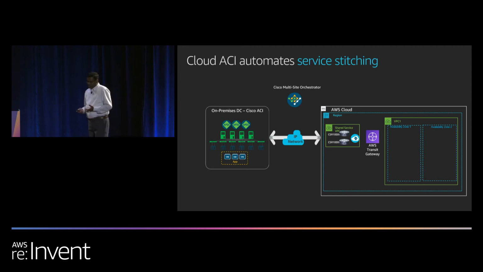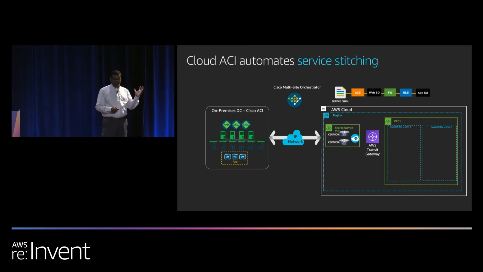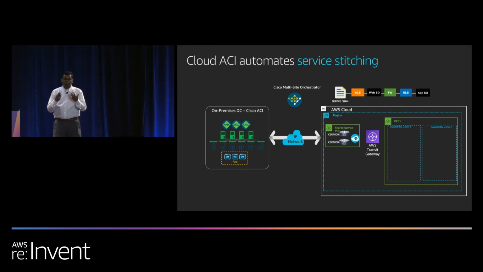So in the services case, we already did deliver an ACI from day one, with 65+ ecosystem partners. We have worked with almost all the top partners in the world. How we did it is we just create a service graph or service chain intent. You tell us what your intent is that you want to build. I want a front end with a load balancer, then I want a back end, and in between I want a firewall. You define the intent, and then we render the intent and deploy it.